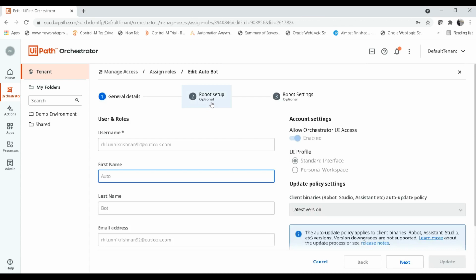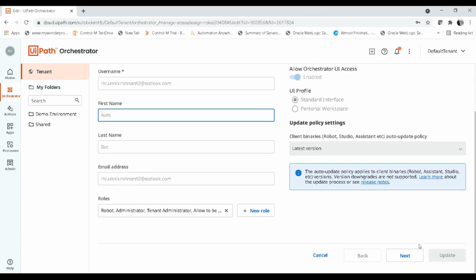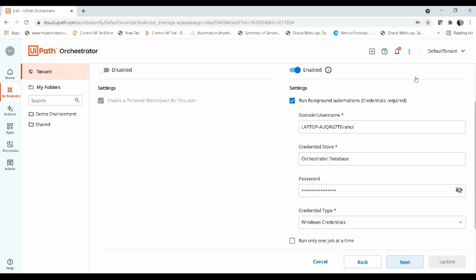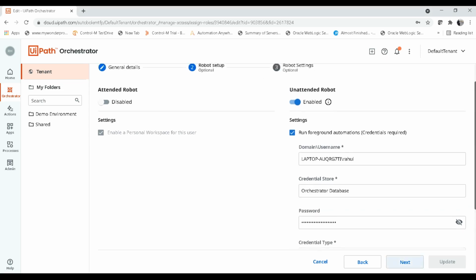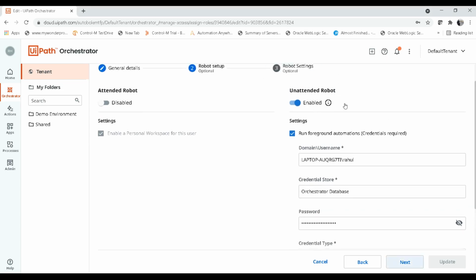Here, check whether you have given all the details for this robot setup, like whether you have selected unattended robot and run foreground automation, because as you are going to run the bot in unattended mode, you have to choose this checkbox. If you need to run it in unattended mode, you have to give the domain username of your machine and the password of the machine.